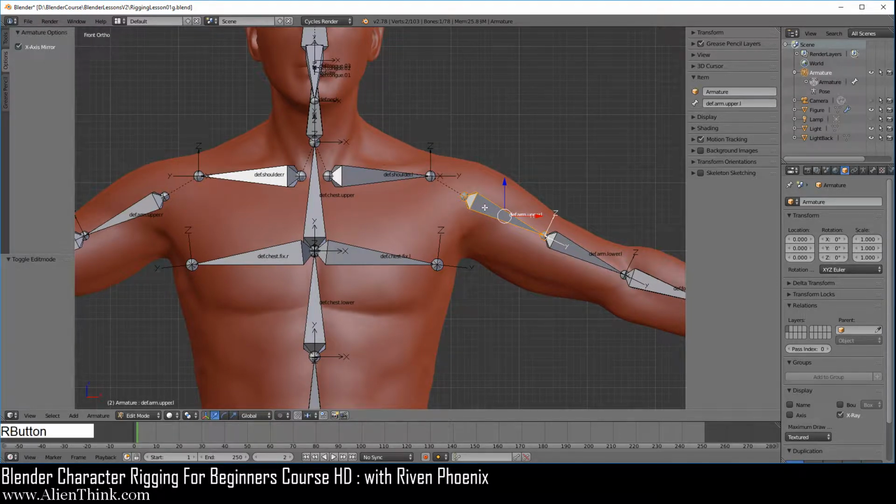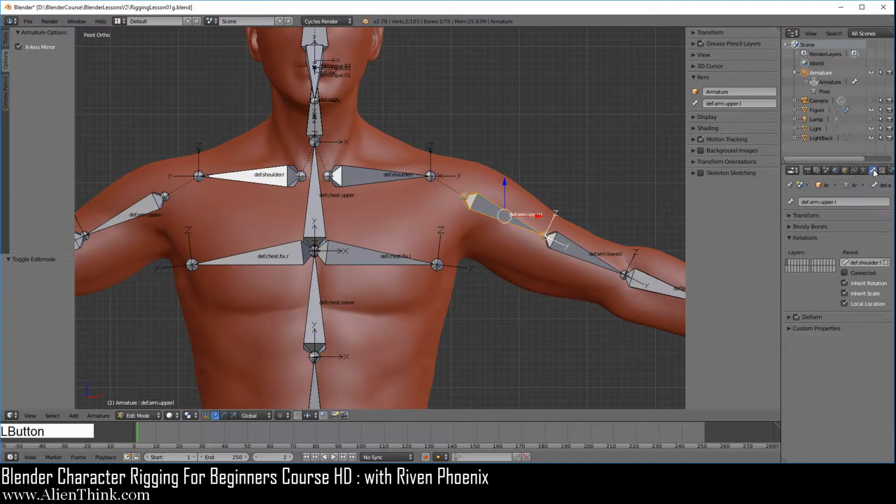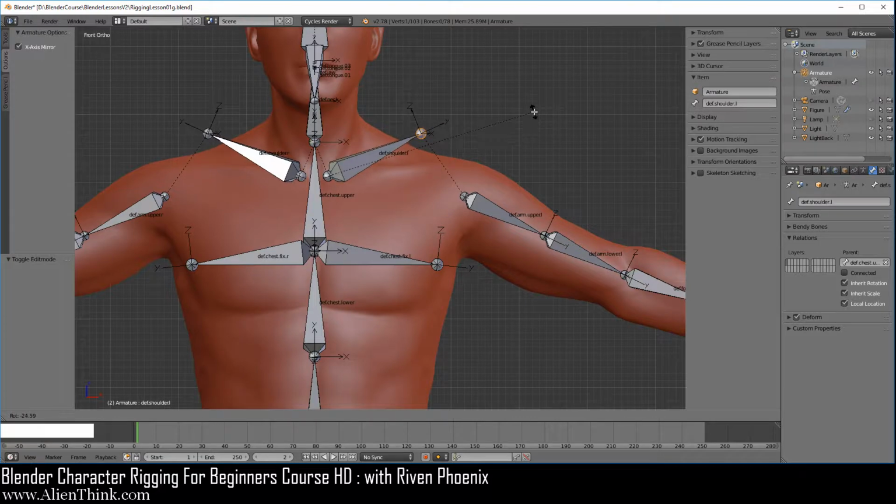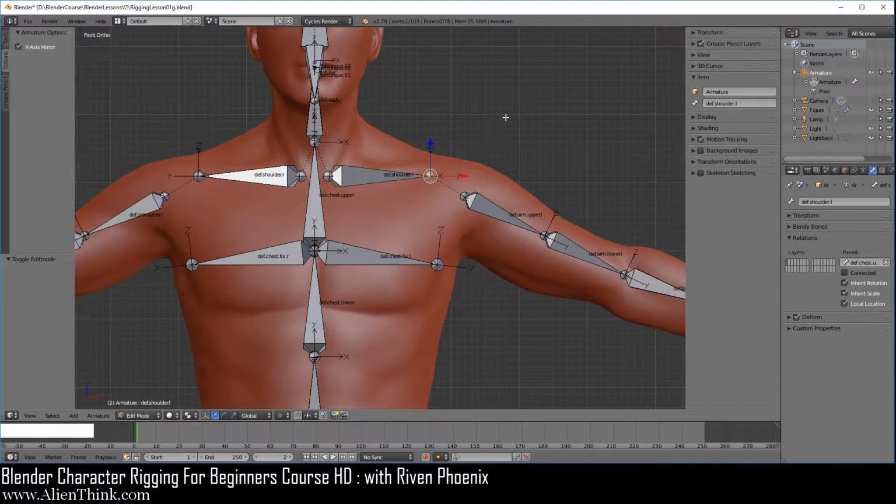So if you click on this bone and go to the bone tab, here you can see that dev.shoulder.l is its parent, which is this bone over here. And of course, if we click on the tail of this bone and press the R key to rotate this bone, you can see that the child will not follow, because in edit mode, all you can do really is place these bones. Right click to cancel this.